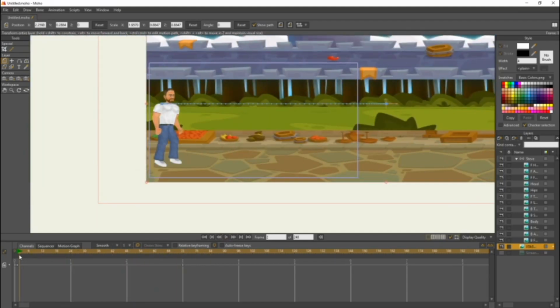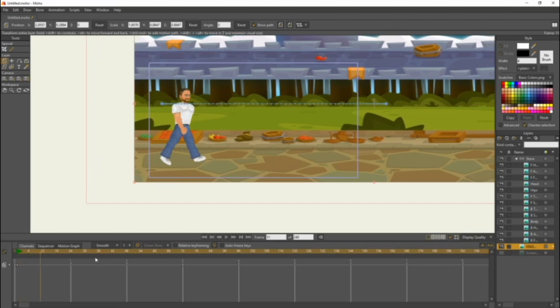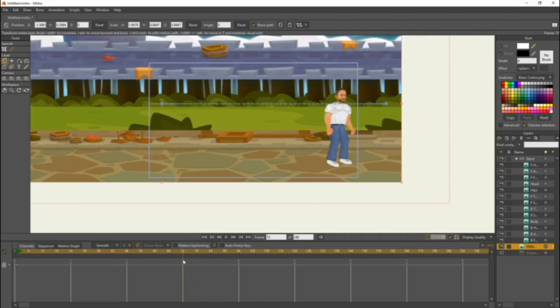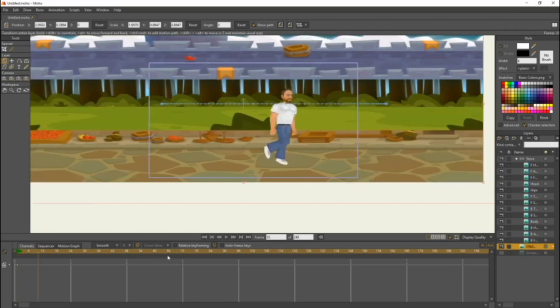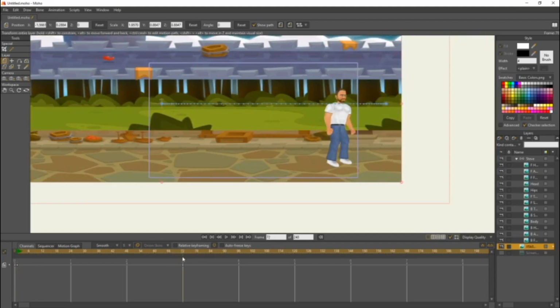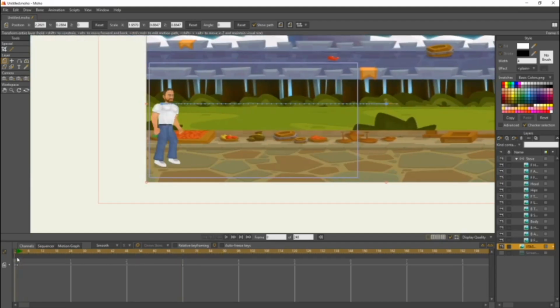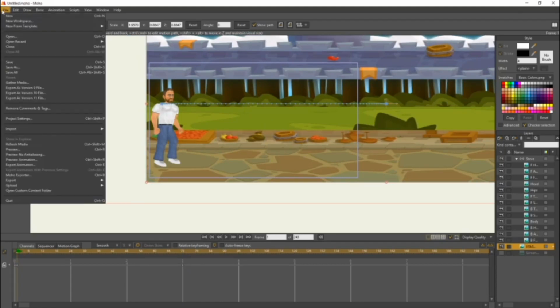in Anime Studio or Moho. It's a basic tutorial. I didn't cover everything, but I will have multiple parts. But let's say you have this done and you want to export this. So what I'm gonna do is, this animation is from frame 1 to 72. That's where it stops. So we're gonna come up to here to File, Export Animation.